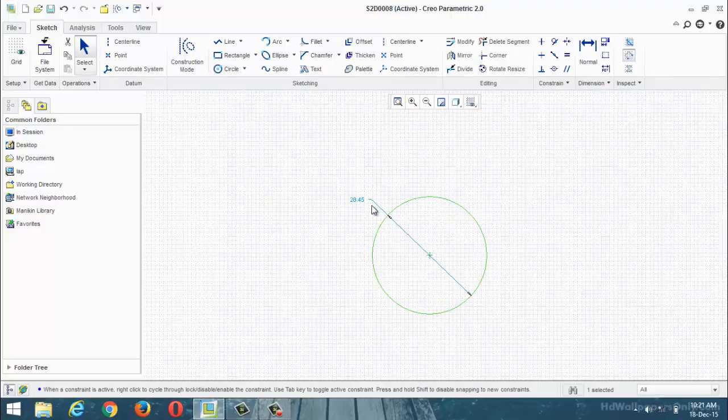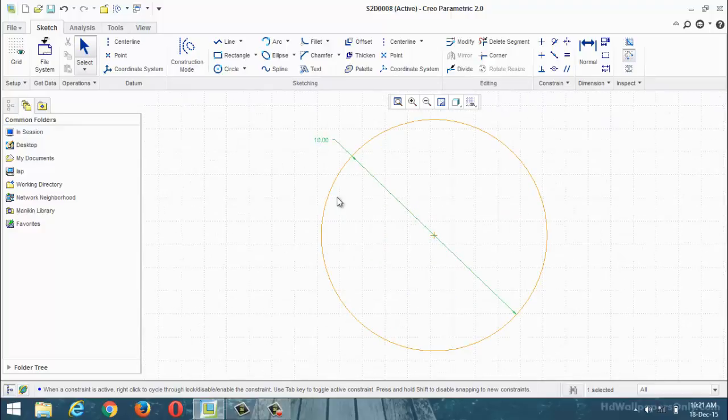Now the dimension changes to 10. Now this is nothing but the diameter. So pi d, pi equal to 3.14. Directly you can select the perimeter, select the geometry. Okay, then you can select the dimension. Okay, 31.4, perimeter.